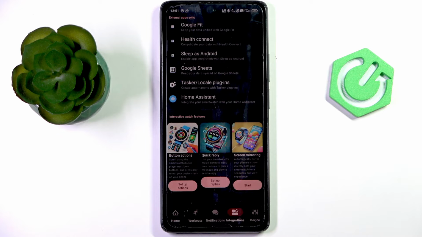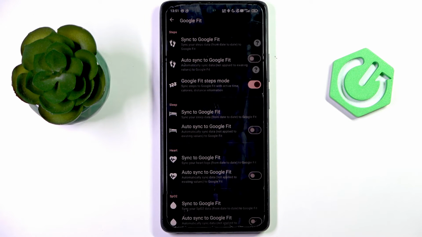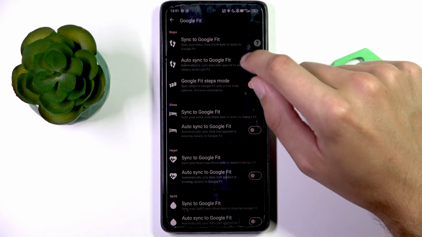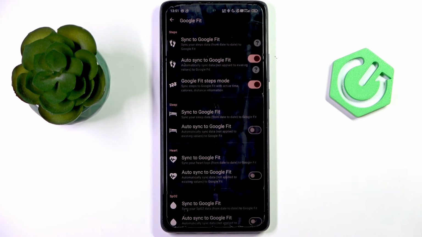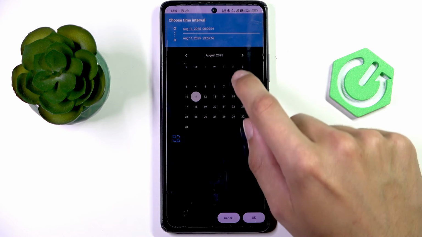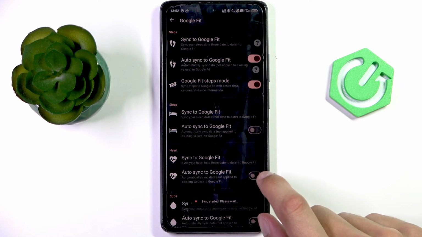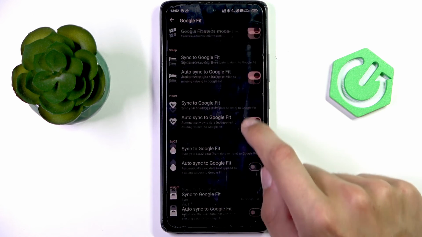Once you do, you'll be able to use those different integrations. You may sync your data to Google Fit, for example. Sync it all to Google Fit, let's say,